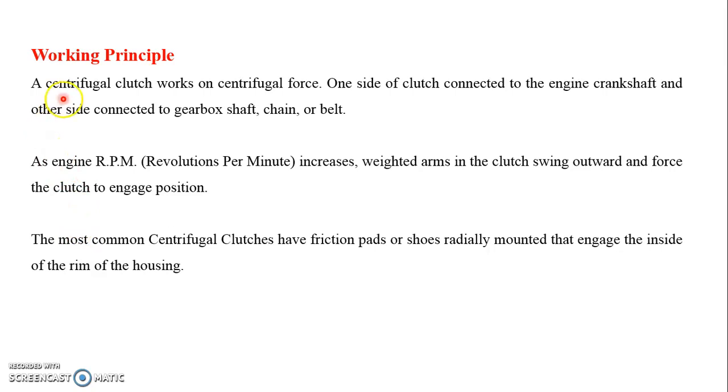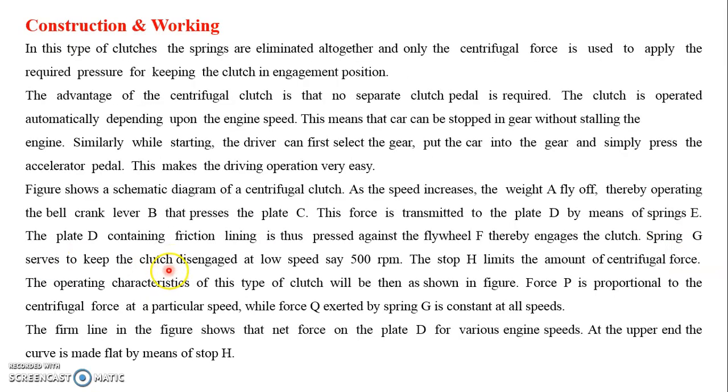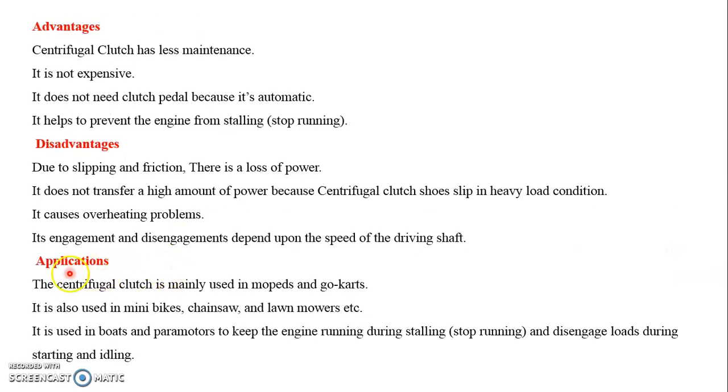So a centrifugal clutch works on centrifugal force. One side of the clutch is connected to the engine crankshaft, the other to the gearbox shaft. As engine RPM increases, weighted arms in the clutch swing outward, forcing the clutch to engage position. Most common centrifugal clutches have friction pads, shoes radially mounted that engage the inside of the ring housing. So next lecture we will discuss the